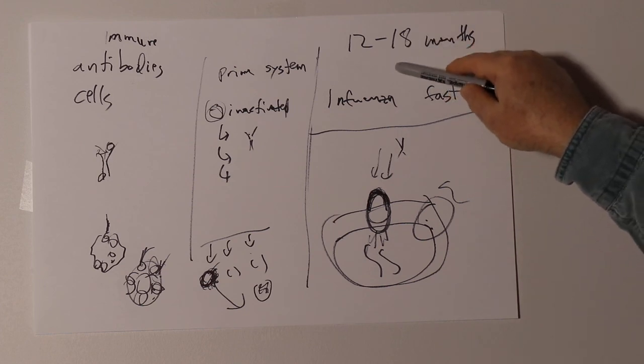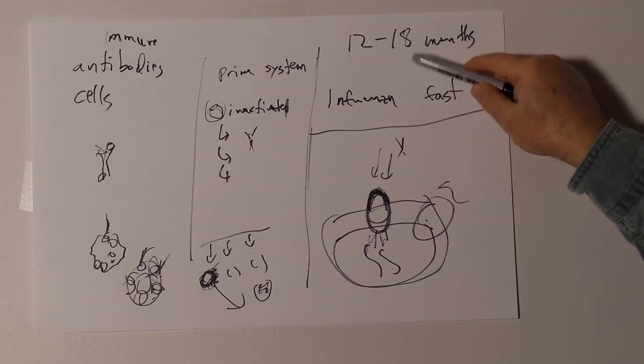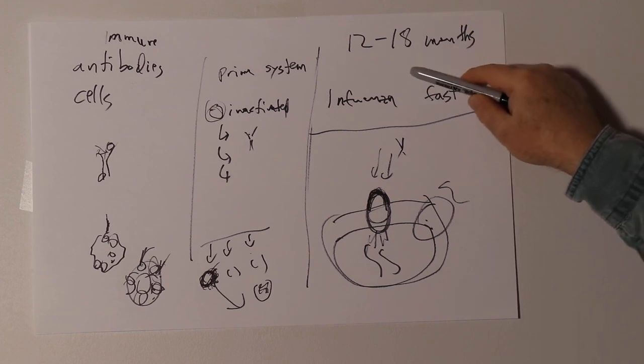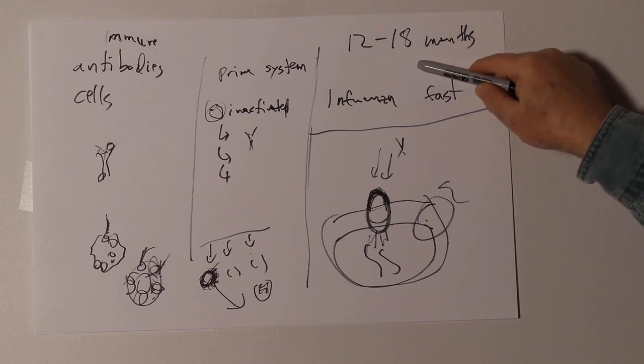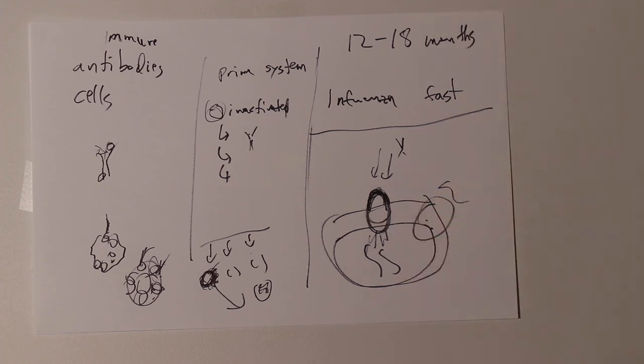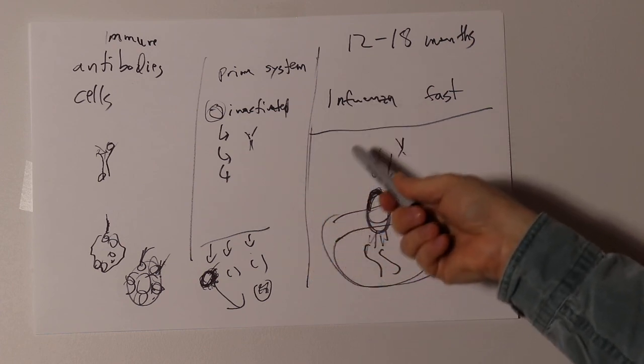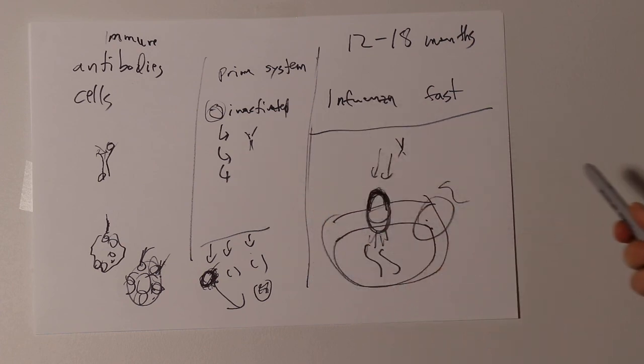So it's not that it takes 12 to 18 months to make a vaccine. That's their guess. That's their best estimate, based on tremendous experience of how long it takes to develop a vaccine and have evidence that it'll work to the point where you want to mass produce it and inject it into everyone in the world of all ages, from children up to adults. So obviously you want that to be as safe as possible, and you want to have the most effective vaccine before you go mass producing and mass immunizing people.